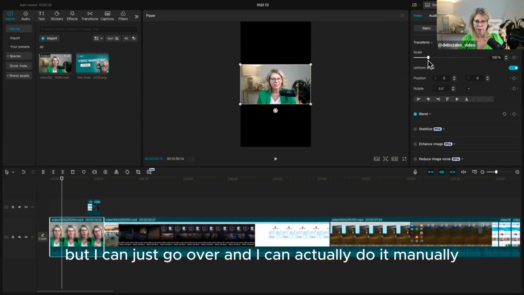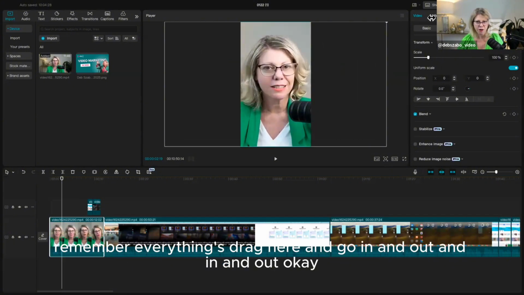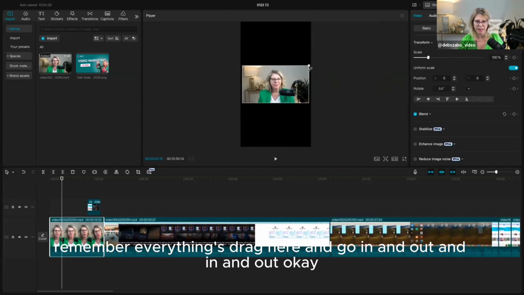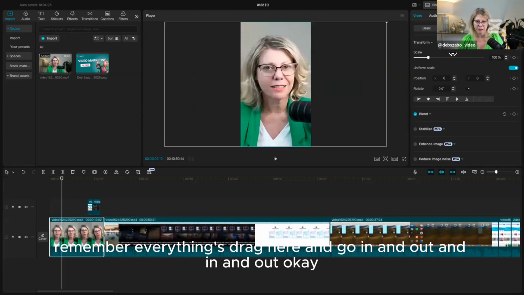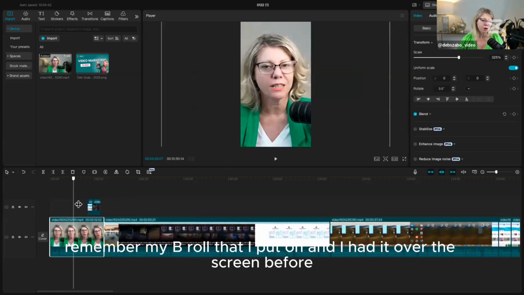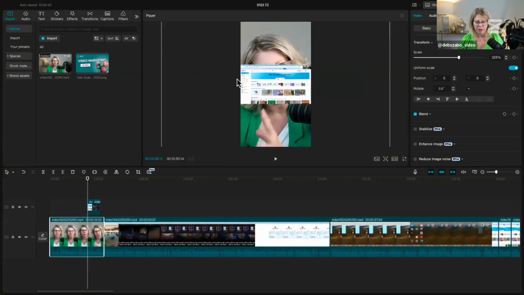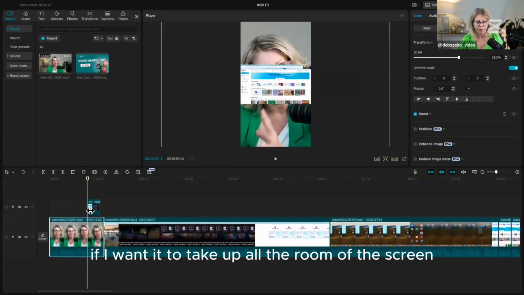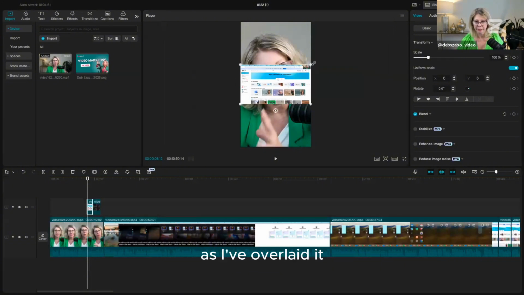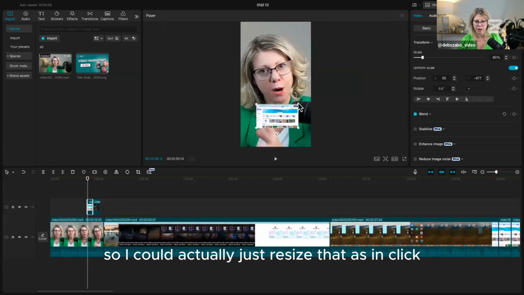But I can just go over and do it manually. So I can just drag. Remember, everything's drag here and go in and out and in and out. Okay, so I can come up to here. Remember my B-roll that I put on and had over the screen before? If I want it to take up all the room of the screen as I've overlaid it, or sometimes I just want to put it behind me or in front of me, I could actually just resize that,